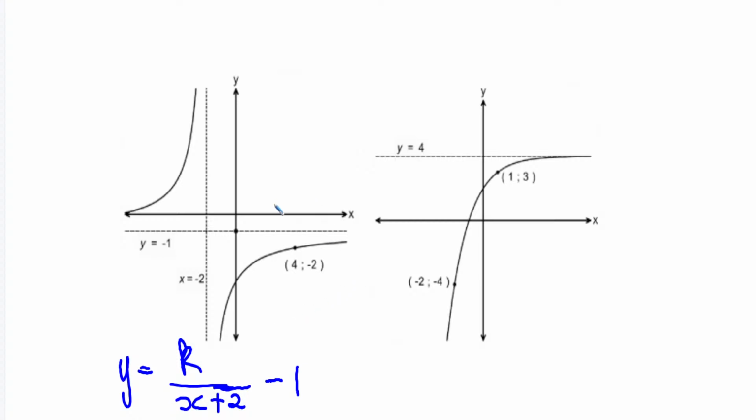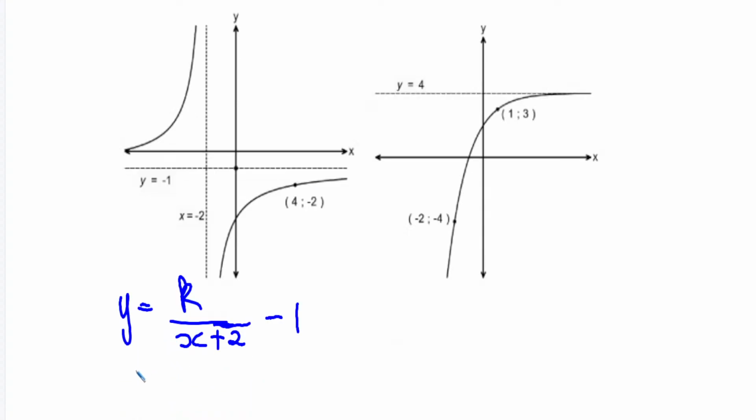Yeah, I can hear you saying it. Substitute in the point. So we now substitute 4, -2. And I'm going to write down the final answer, but I'm going to ask you,